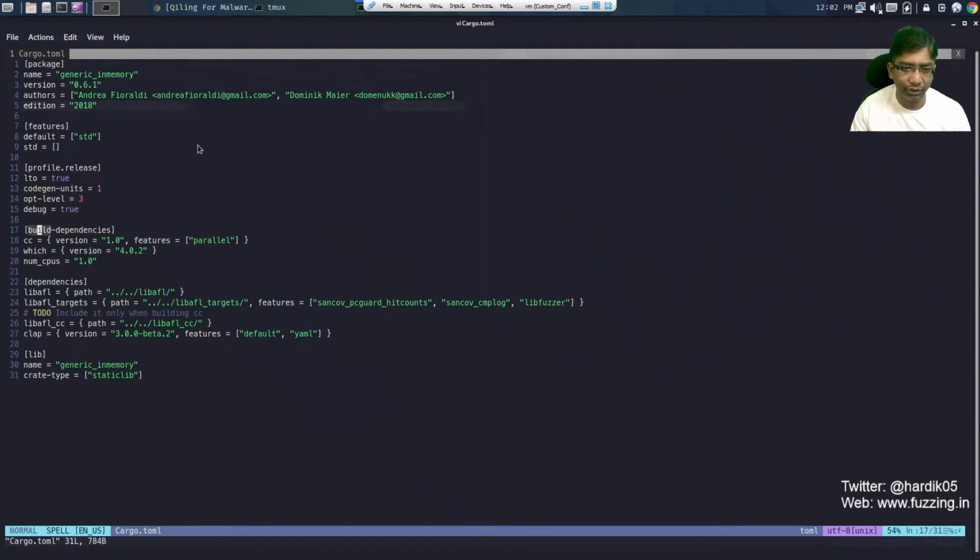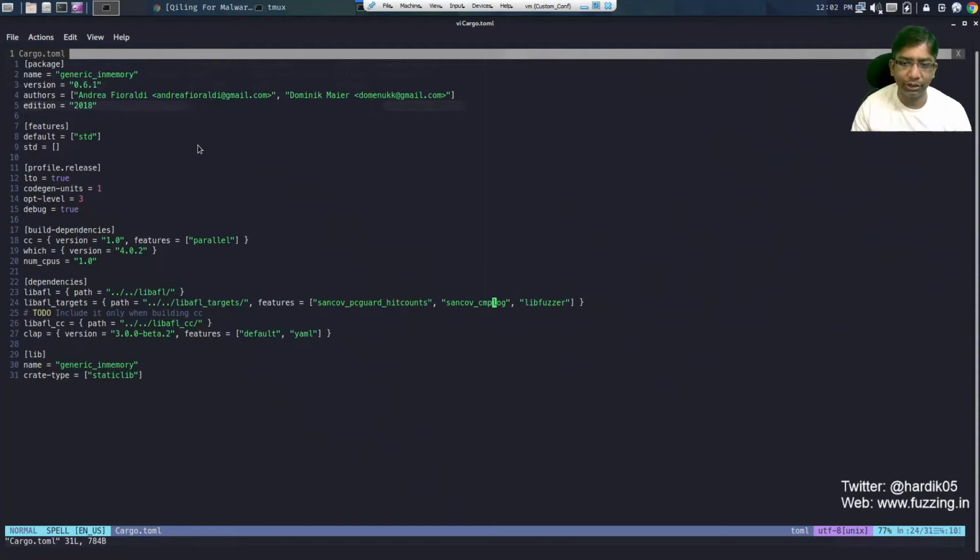There are build dependencies, which means that the cc version should be 1.0. The number of CPUs is 1, and there are libafl dependencies. This is a path to libafl and libafl_targets, which means that we are going to use some features like sancov_pcguard_hitcounts, cmplog and libfuzzer.